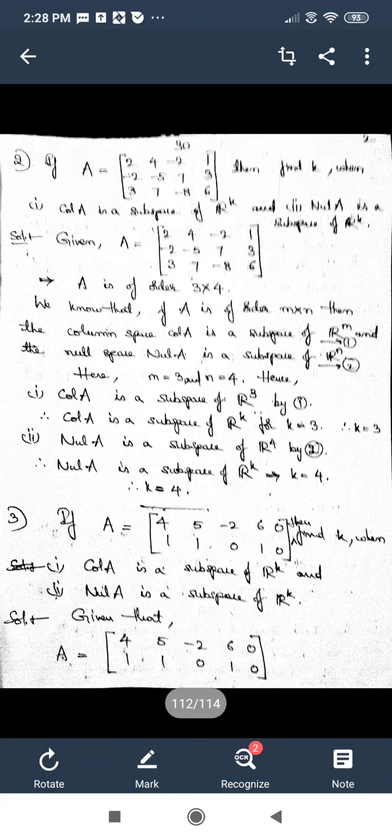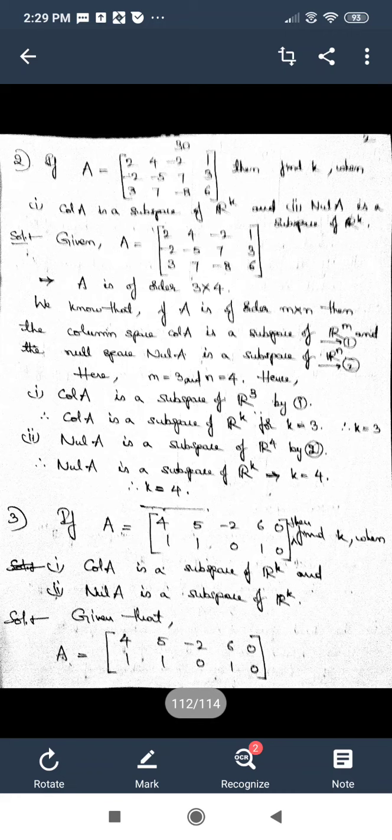So in the first bit we got the answer for K as 3, and in the second bit we got the answer for K as 4. So this is the solution for the second problem, and this is the problem under the second model of the column space of a matrix. Now let us move on to the next problem, that is if A is equal to 4,